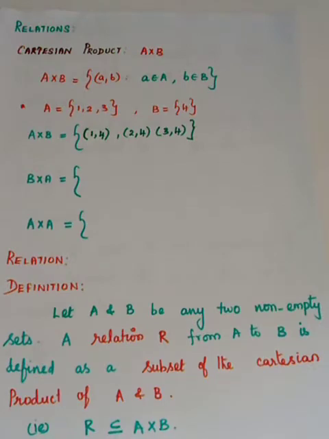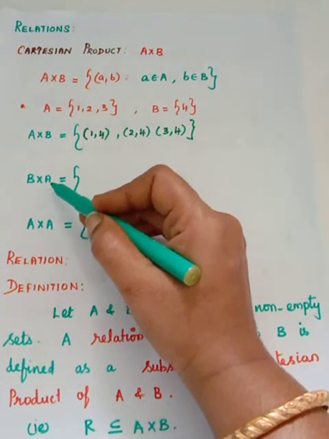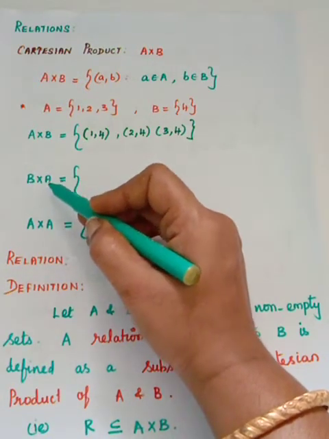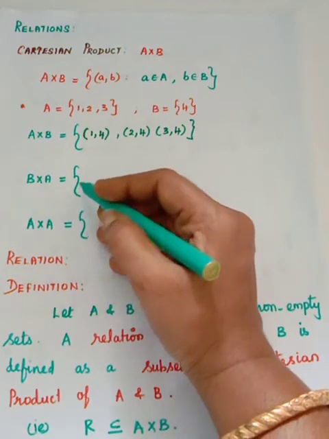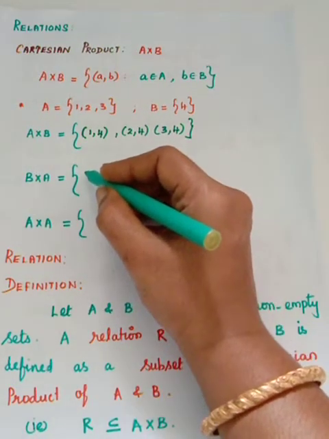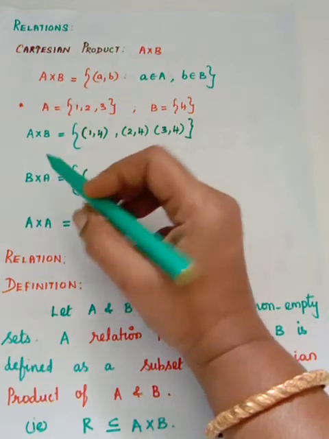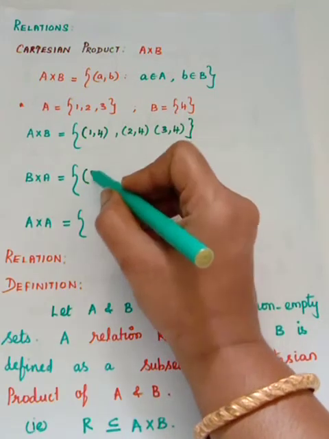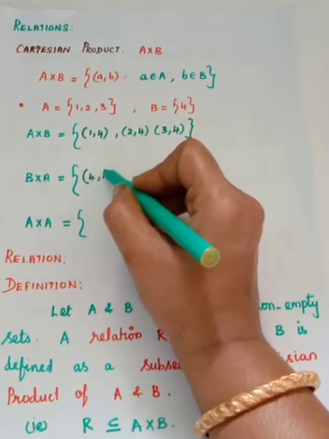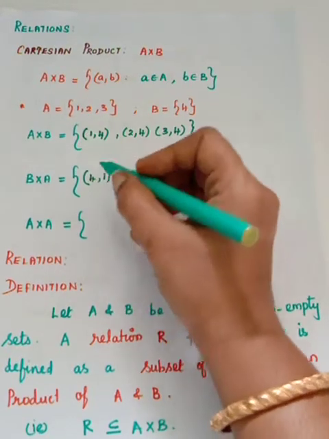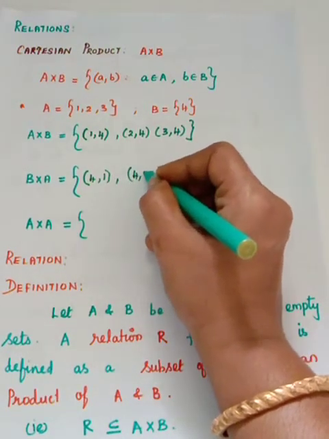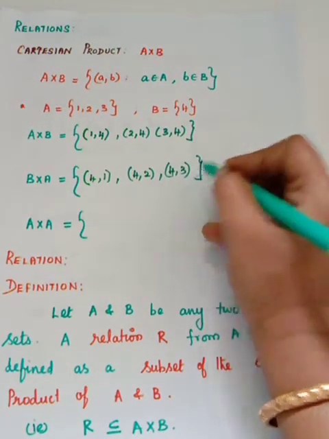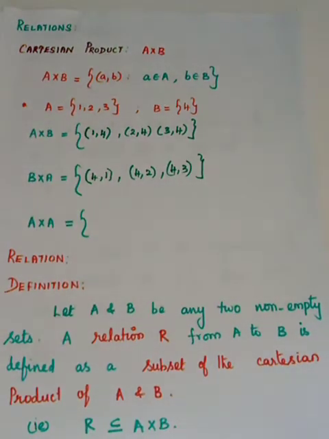Okay. So in the same way, we can write B cross A also. So B cross A also is nothing but the Cartesian product of B and A. So it's also a set. How should the elements be? It should be in the ordered pair. So the first element has to be taken from the first set. What is the first set? It is B. The element present is 4. So you have to write 4 comma 1. The 1 has to be taken from the second set A. And the next one 4 comma 2. Next 4 comma 3. Okay, so this is your B cross A. This order you have to preserve.